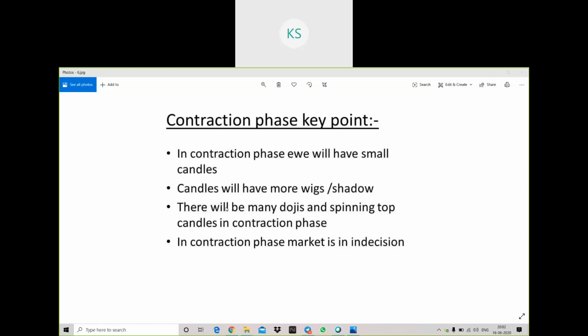Okay, or when the stock is in indecision, you'll also see clusters of dojis and spinning tops in consolidation. There's no hard and fast rule that you'll get spinning tops and dojis in consolidation, but the main rule is that you'll get candles with very small bodies. There will be no clear movement, just a small range in which the stock will be moving. And in consolidation, what do we get? We get an indication of indecision. Whenever the stock is in consolidation, we'll come to know that the stock is in indecision mode. Okay, we'll see a few examples of consolidation.